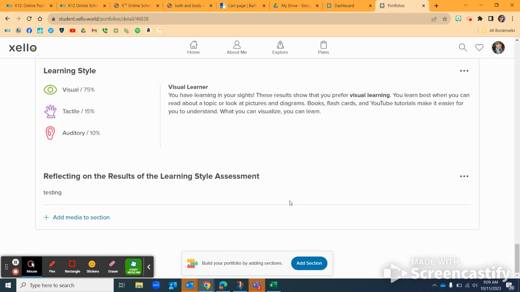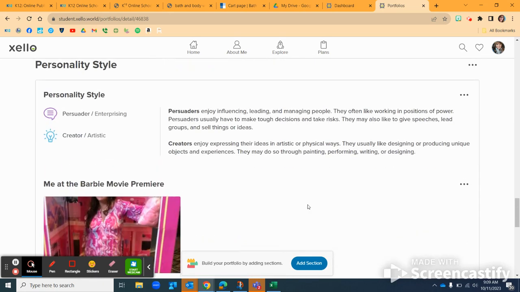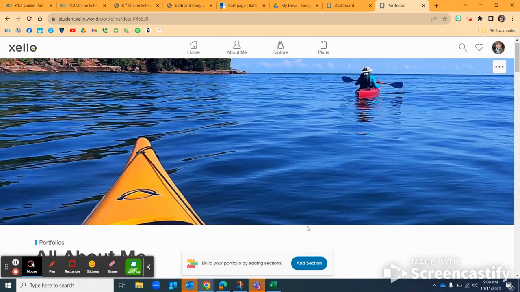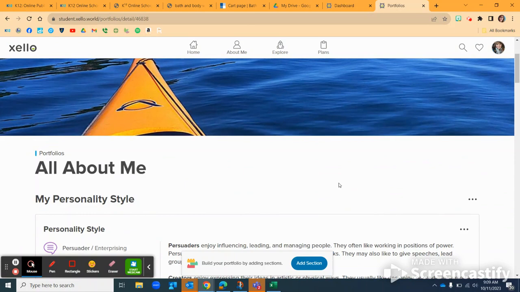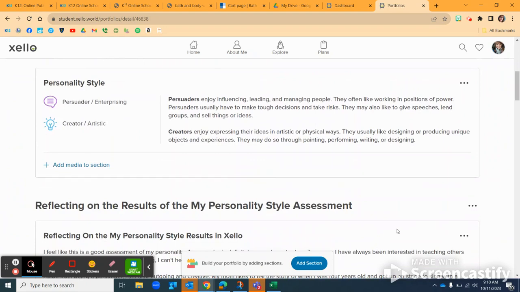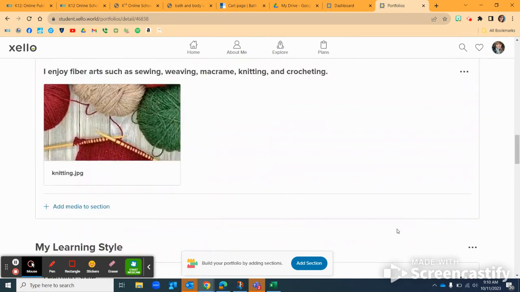And then I could put some pictures in there again. Things that reflect how I'm a visual learner. I mean, look how much I'm a visual learner. Goodness. So maybe I would put a picture in there of how I love to color code my spreadsheets or something like that. All right, hopefully this got you up to speed a little bit on how your portfolio is looking in Xello. I'm looking to make sure that you are using the standard English language rules of punctuation, capitalization, spelling, all of that kind of thing. But at the same time, I'm more excited about learning who you are and seeing yourself